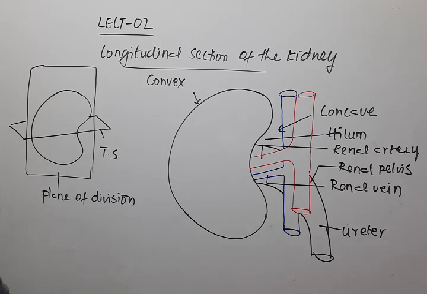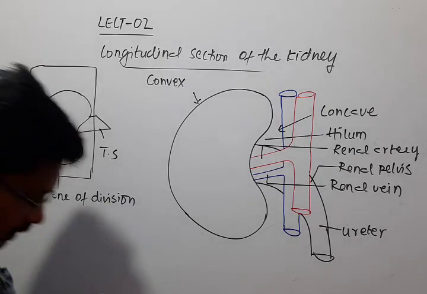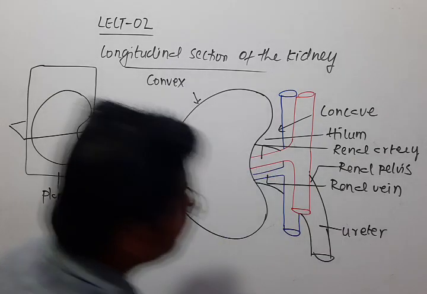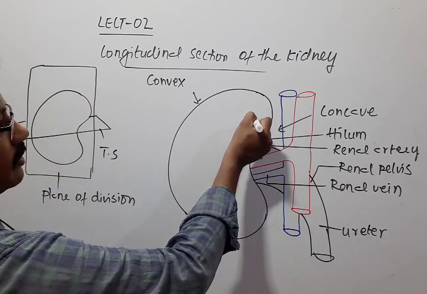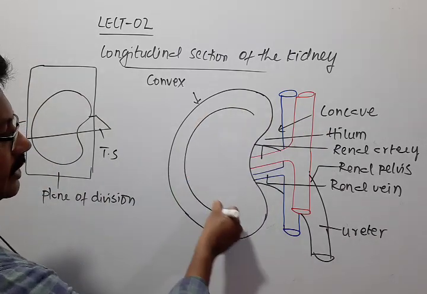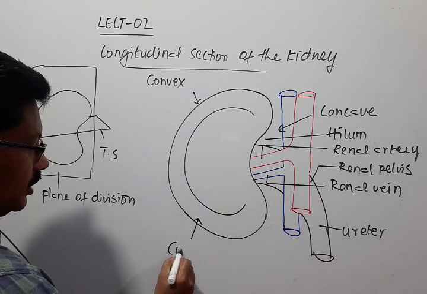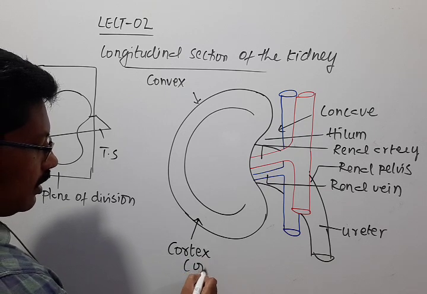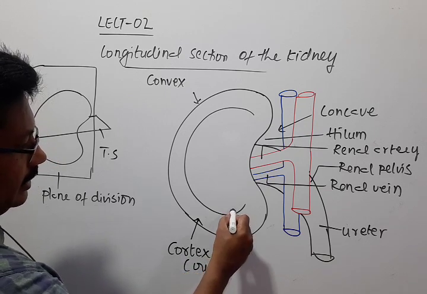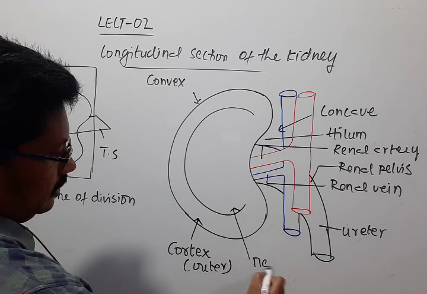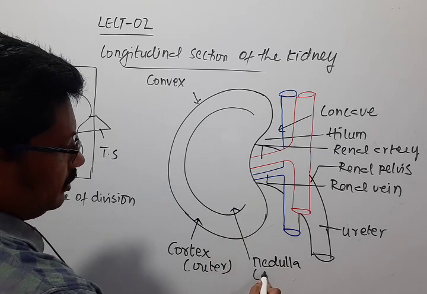Now, when we see the kidney in the longitudinal section, it shows two major regions. Those two major regions are the cortex, and the inner region is the medulla. So this outer region is called cortex, and the inner region is called medulla,